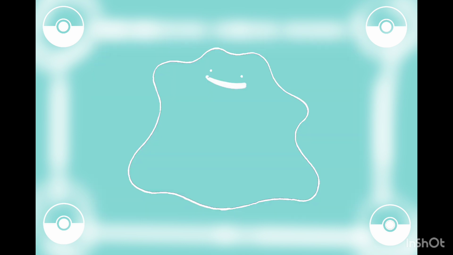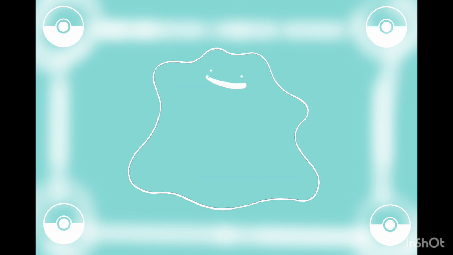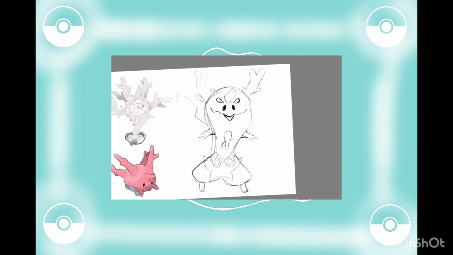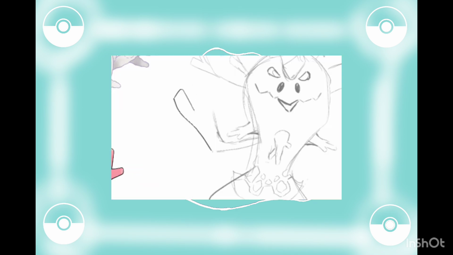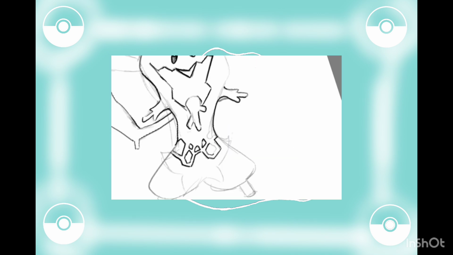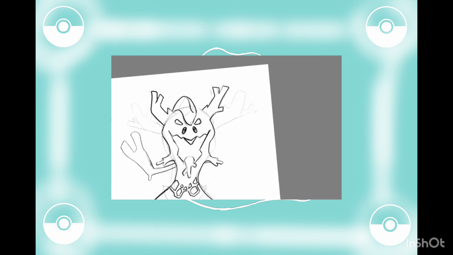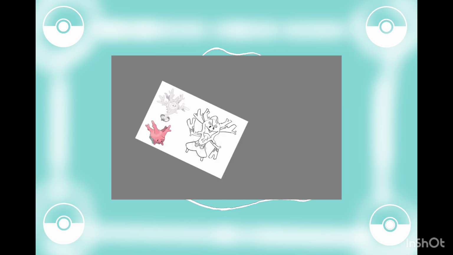Now, Corsola was barely rememberable before it got a cool new form. So I'm gonna give that cool new form and its evolution back to the original spotlight of Corsola. So Corsola is shaped similarly to what a shark might be shaped. So I gave into that, and the back of this Pokemon looks like the silhouette of some type of new